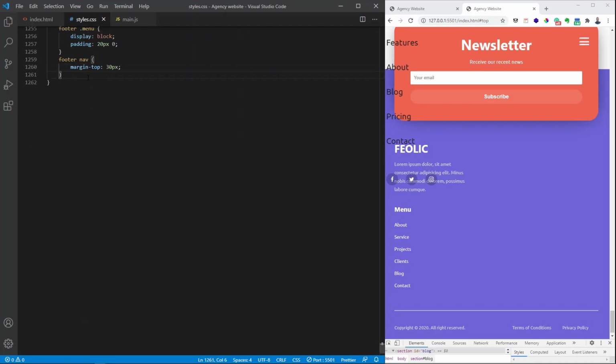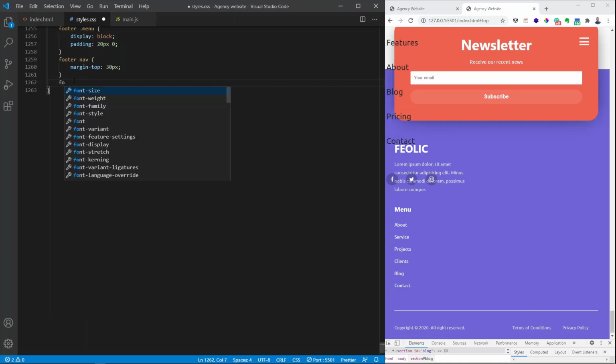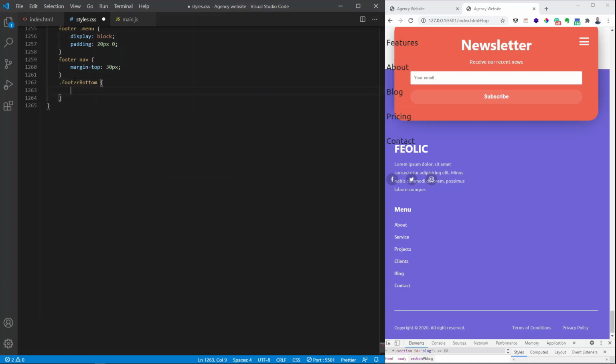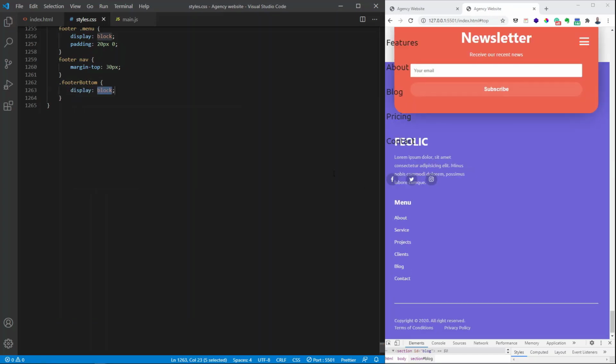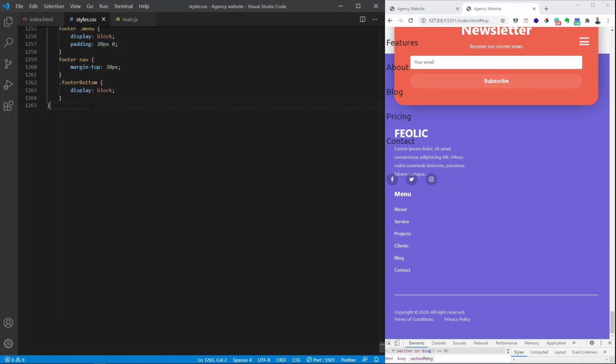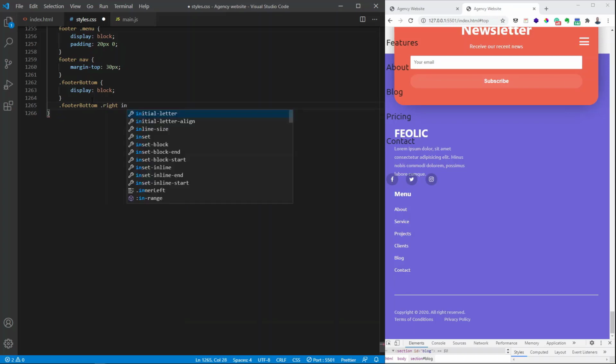Now I want to start a footer bottom, the bottom right here. So I say footer, bottom, display block, save. Now it stacks on each other. I want to say footer, bottom, dot right, inner,